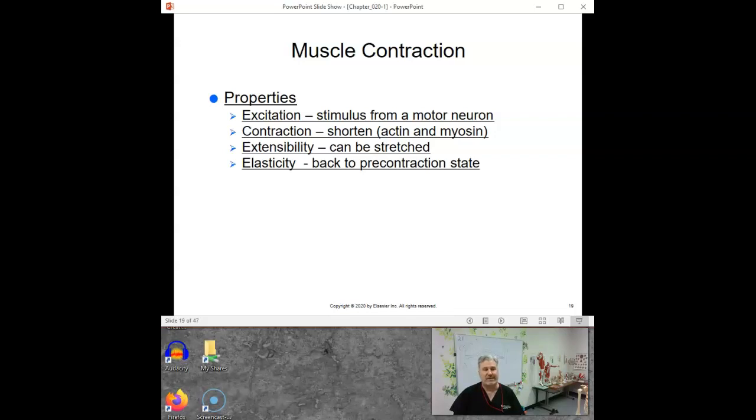Sorry, I'm pausing because your book talks about properties of contraction, and I'm not sure how these help you as a massage therapist. But your book will say muscles have the property of excitation. They can be excited, and that is true. They are in a resting position, in general, full of energy, ready to fire until you excite them. And you actually really do send a nerve pulse from your brain, down the spine, out a nerve plexus, down to the muscle I want to fire. Oh, it's going to be my thumb muscle today, beep.